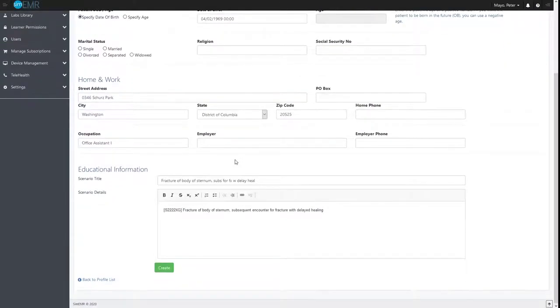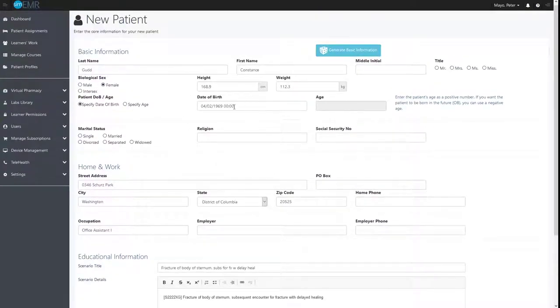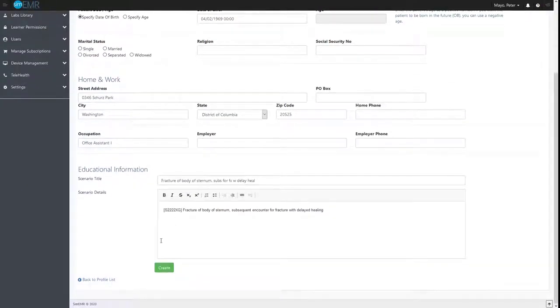And at the bottom here, we have educational information, and this information might include things that might help faculty identify what this case is intended to be about, some goals or objectives about this patient, and what level of learner the case might be valuable for. Now, after I've modified this data to fit my needs, I can then click the green button at the bottom of the form,